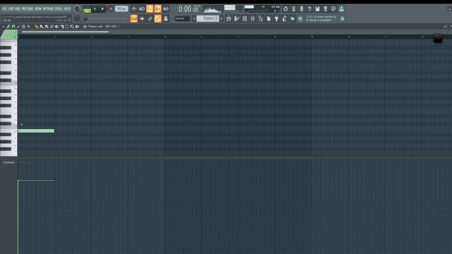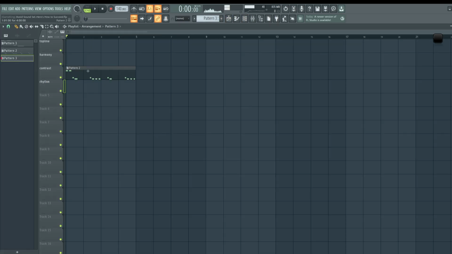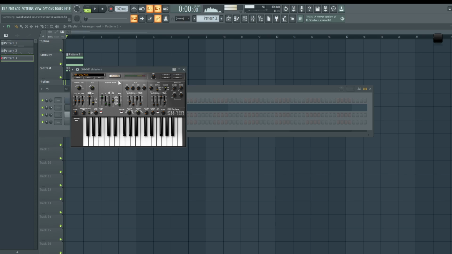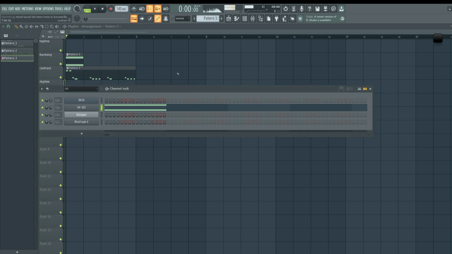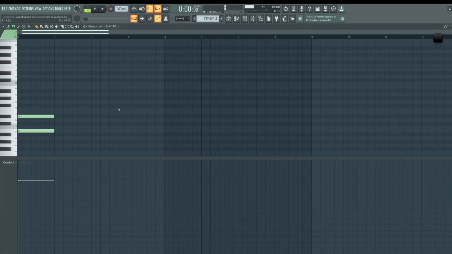I'm assuming I can play polyphonic in this. It's kind of hard to tell what that sound is doing. So now we're creating a harmony layer. Okay, this sounds like a monophonic synth. I'm trying not to go too deep into every little detail, but I think this is a monophonic synth. For that reason, we can't play multiple notes the way I understand it. Yeah, so it's monophonic. So we will use this as a top line.